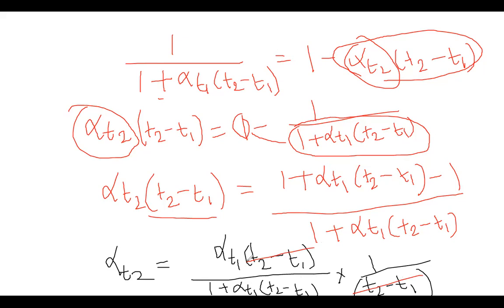So that is, we can say, the function or the coefficient relation with respect to the other coefficient. So this thing you can keep in mind, that what could be the temperature coefficient over here with respect to the first one. So it is alpha T2 is equal to alpha T1 divided by 1 plus alpha T1, T2 minus T1. Okay. So now back to our slide. Is there any question here in this representation? We just identified the temperature coefficient relation.